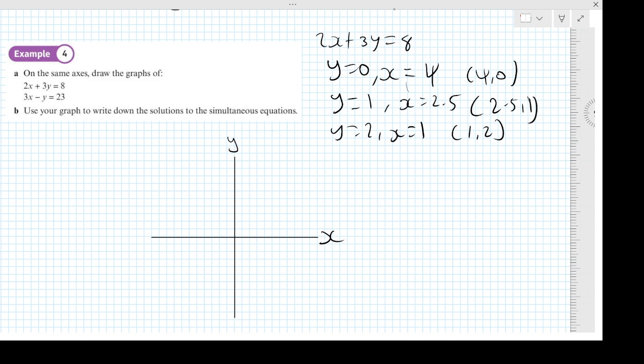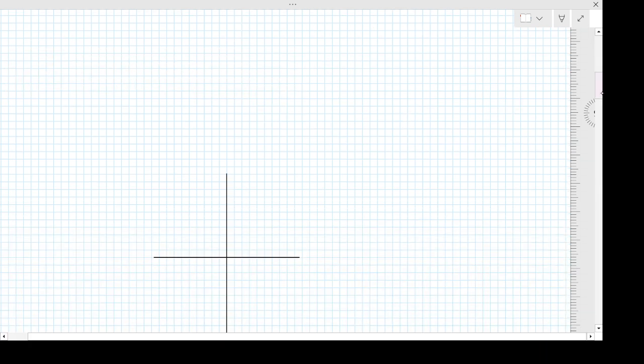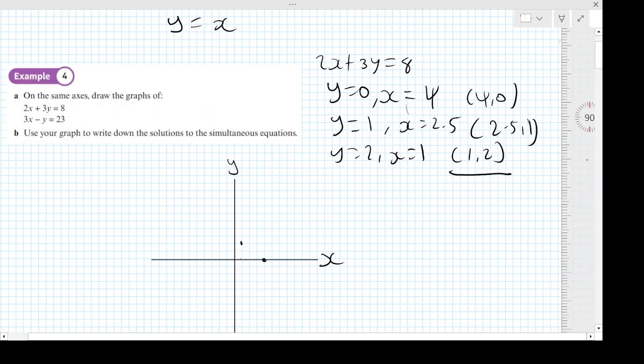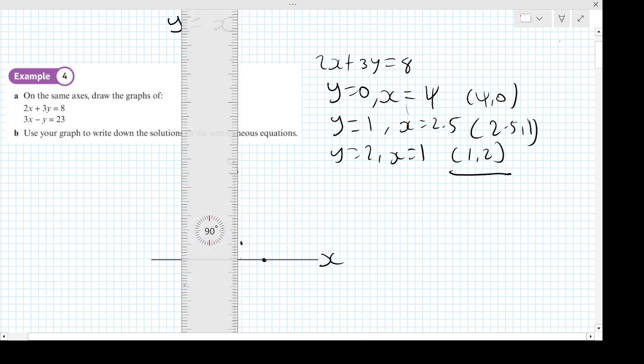Remember from GCSE, let's pick these 2 points. So (4, 0) first of all. So 4 along the x-axis would be here, and 0 for the y, so it's going to be there. (4, 0), that's 1 point. Then I'm going to pick (1, 2), as it's a nice whole number. Well, x is 1 here, and y is 2 would give us this point here. Then, to draw the line, I can just